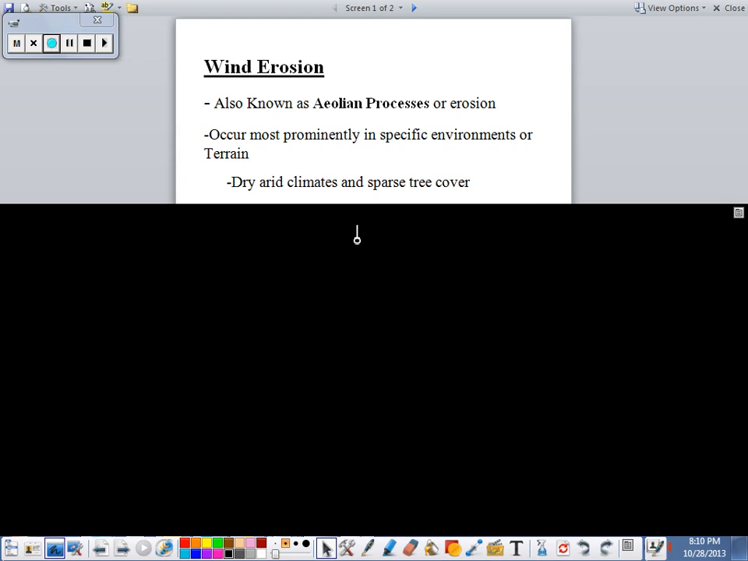A really good example is Chitina, along the river there. There's not a lot of tree cover, and you have some wide open spaces where the river runs, especially that canyon. It really restricts and pushes all the air to that certain place, and you can really see wind erosion there. So if we continue going,